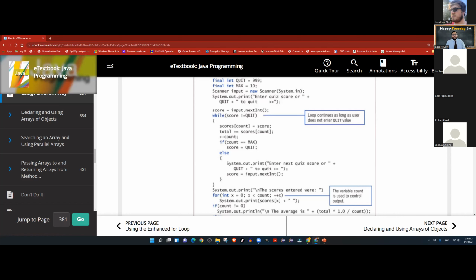Running total. So anytime you're asked to calculate the running total, it could be coming from an array, it could be coming from a database, it could be coming from a file, it could be coming in from any place. It is called a running total because it is ticking till you run out of values.